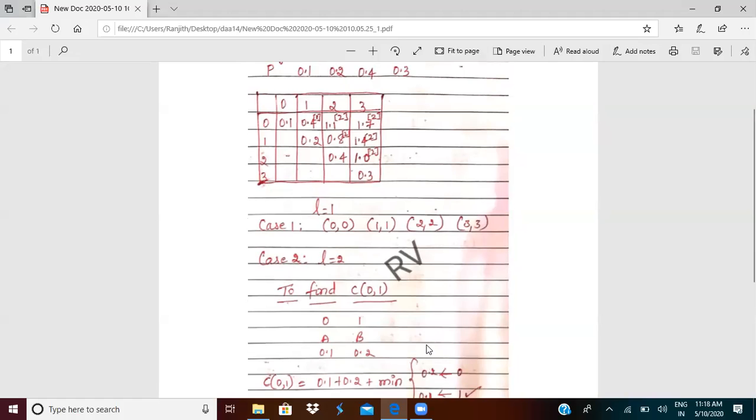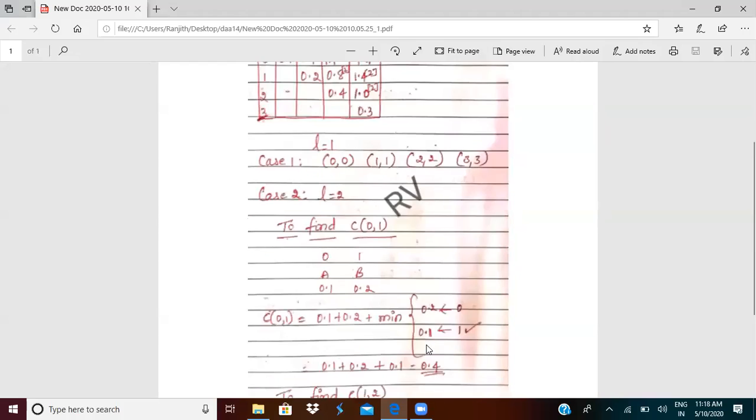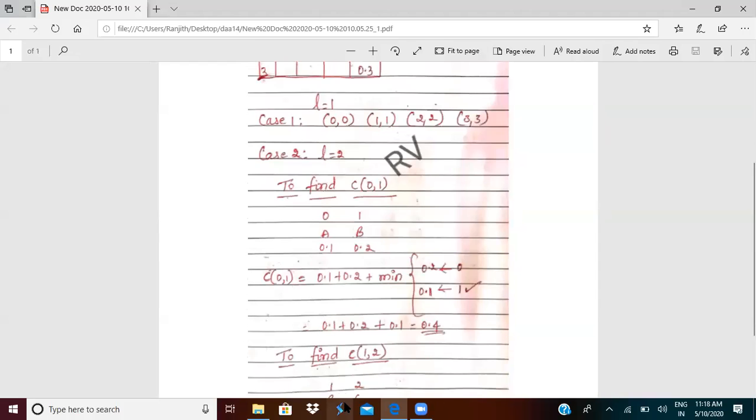Now I'm going to compute the value of C of 0, 1. How will I compute? 0.1 plus 0.2 plus the minimum of, I'll take this 0. This 0, I will do as a cross multiplication. You can see for 0, I will take 0.2 and for 1, I will take 0.1.